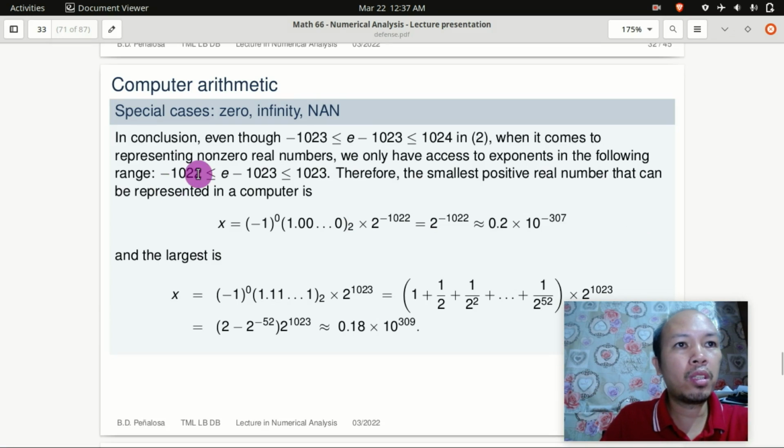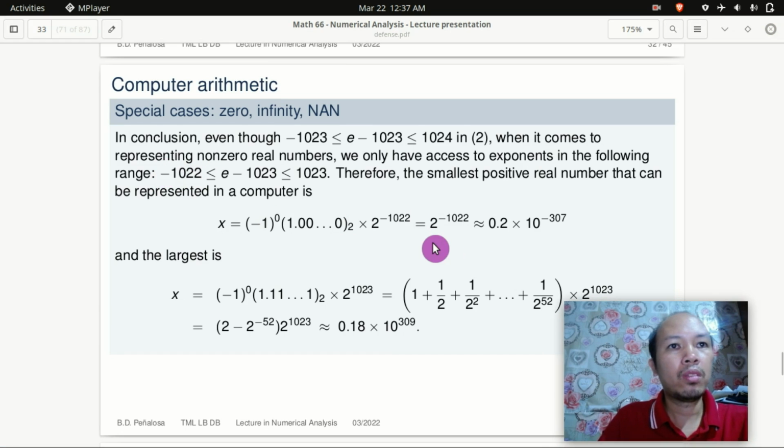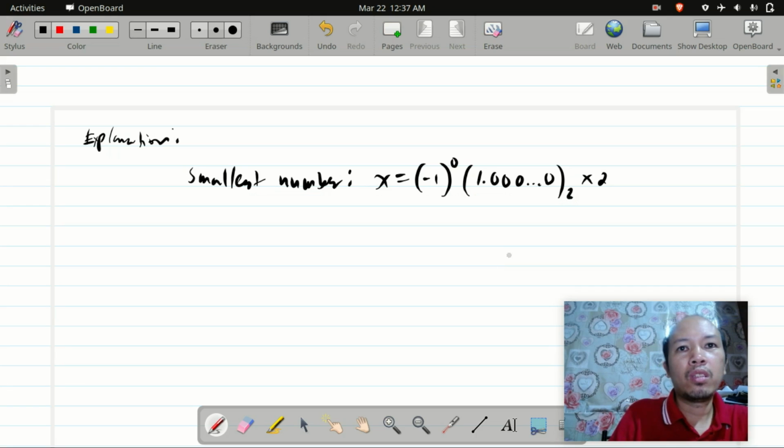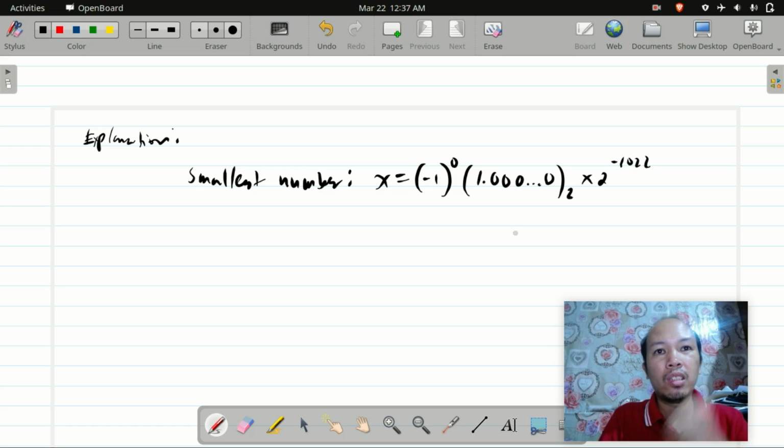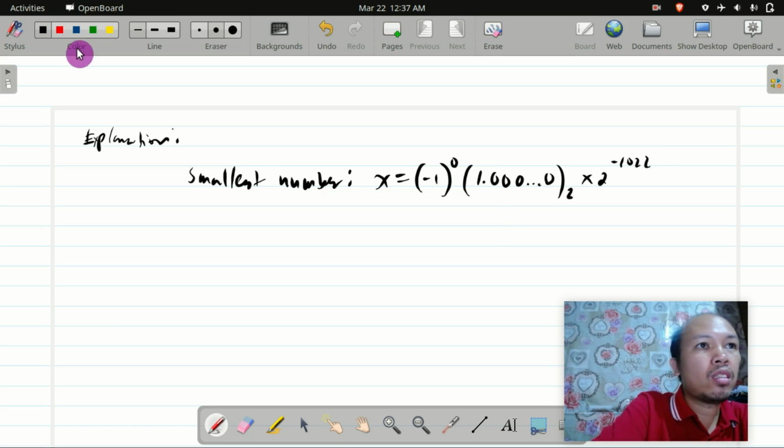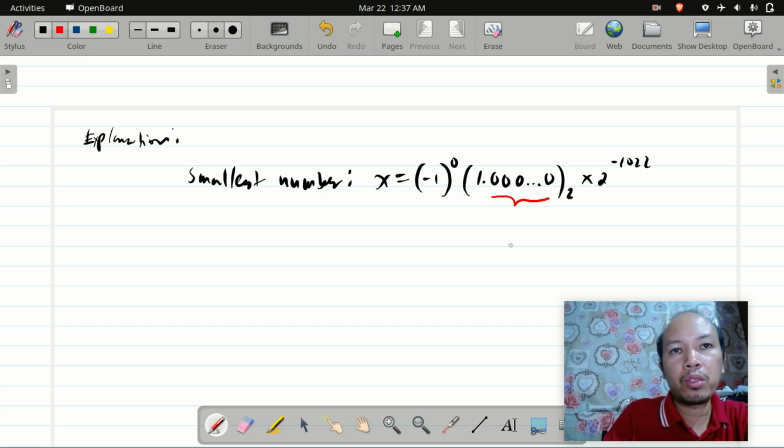Since this one here is the fractional part, you can represent that one as